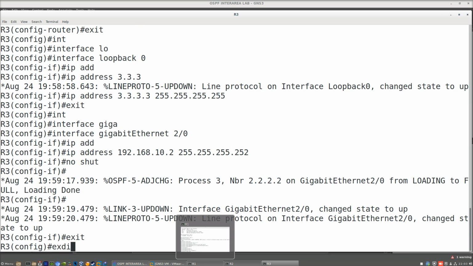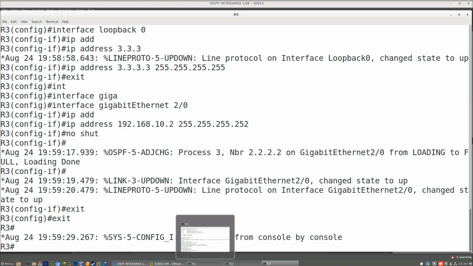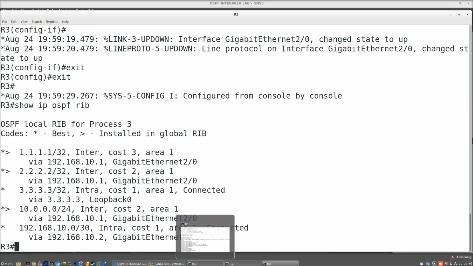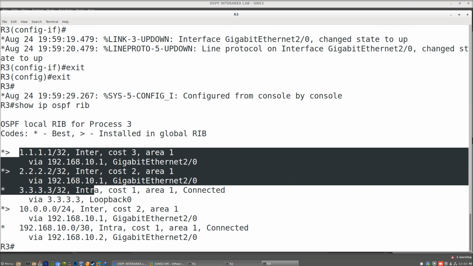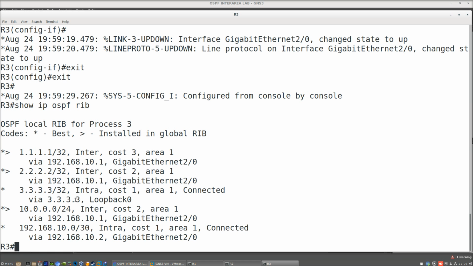And my favorite command to show is show ip ospf database, which shows all the networks that we have learned, and we have learned from inter area the loopback address of router 1, the loopback address of router 2, the network of area 0 in router 1, and our network. So we should be able to ping now